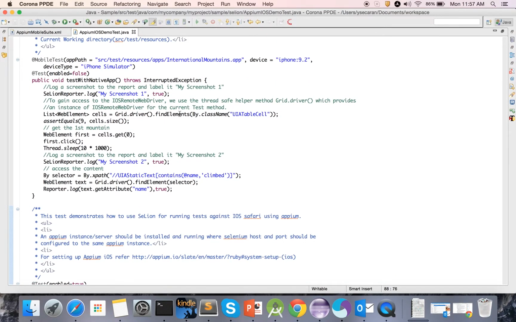Now, if you take a closer look at the test case here, everything here is raw Selenium code. For example, the web elements and also the selectors. So if the number of use cases that need to be tested against an app grows, it'll be difficult to trace the failure when multiple tests are run. So in such cases,